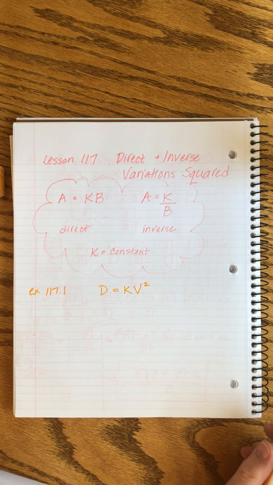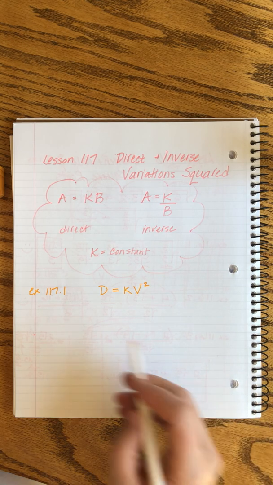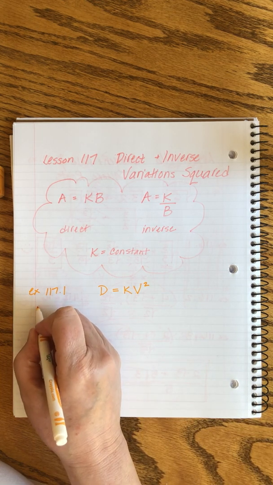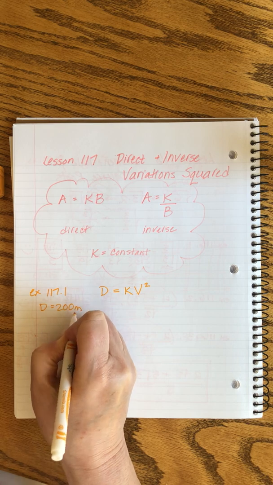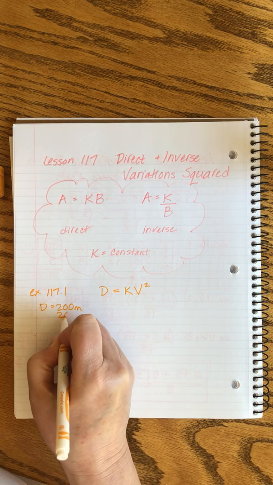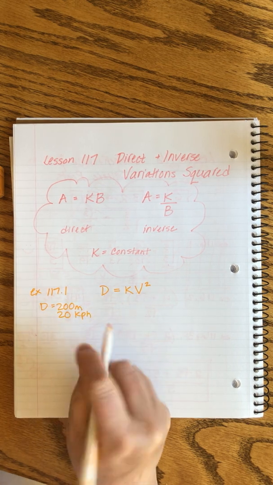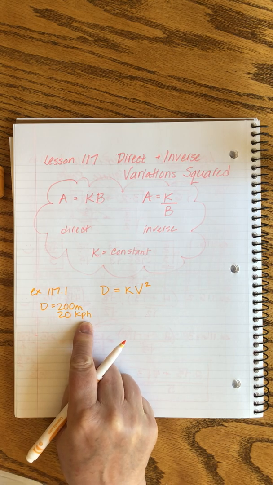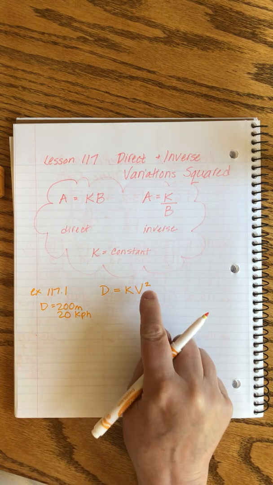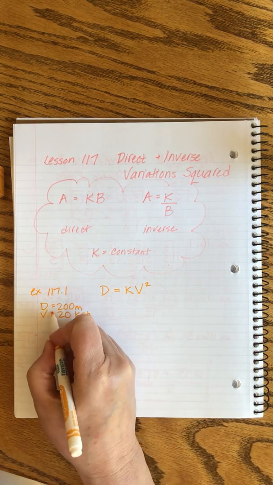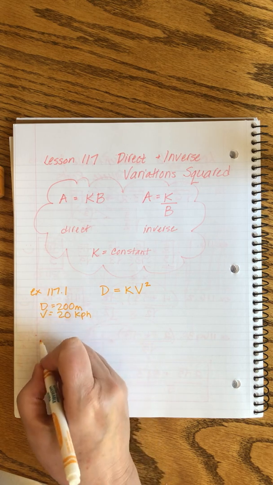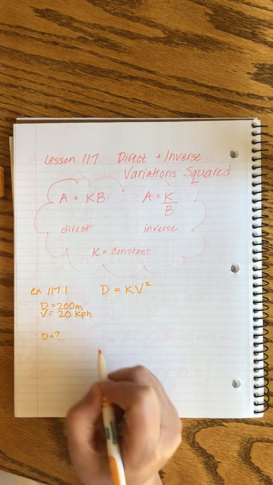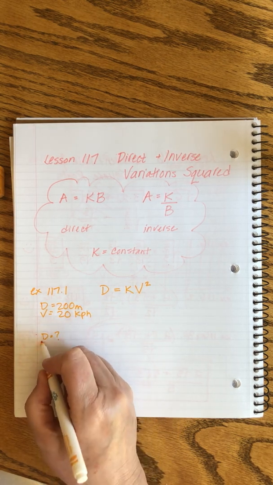Okay, so now if a car can stop in 200 meters, okay, so that's a distance, at 20 kph. Okay, kph is a speed, right? Kilometers per hour, it's like miles per hour. So that's a velocity. What will be the required stopping distance? Okay, so we want to solve for D at 28